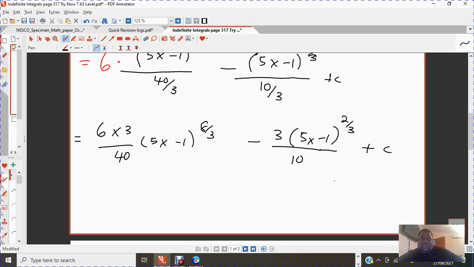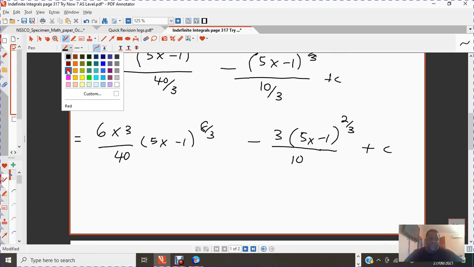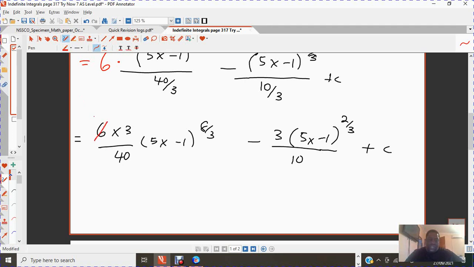Alright, so we're just going to simplify this a little bit. So basically, if I'm coming here, I know that there's a number that goes here, 2 goes here 3 times, and 2 goes here 20 times, so I can actually clean this up. And this is going to be given as 3 times 3, which is 9, and this here can be written as a cube root of the quantity 5x minus 1 raised to the power of 8, and this is going to be over 20,